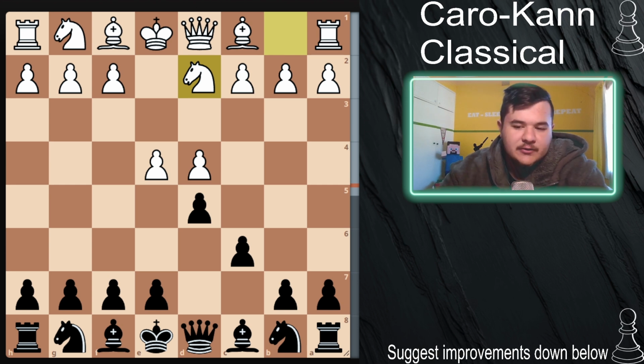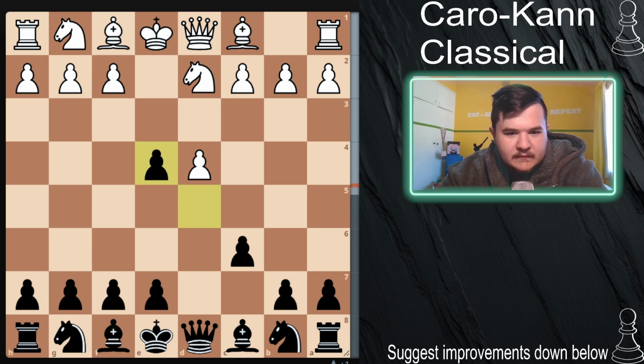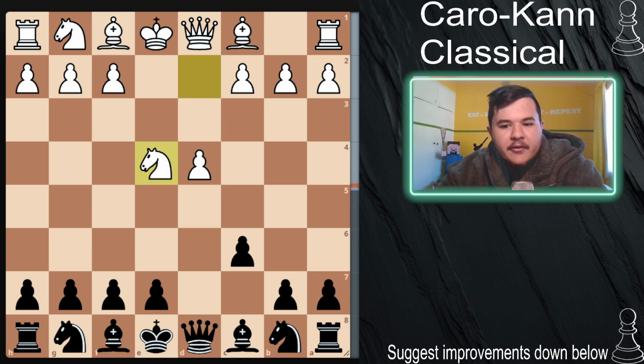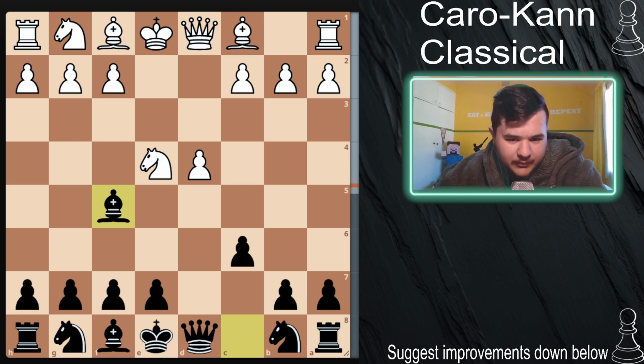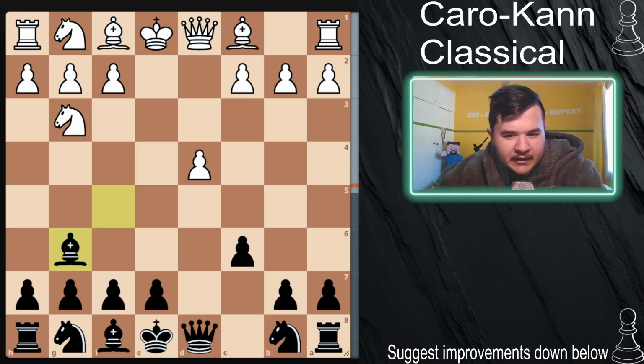Knight to d2 gets played, and then black takes the pawn in the center. White takes, and now there are a couple of moves. You've got the traditional main line with bishop to f5, targeting the knight. Knight goes to g3, and then the bishop retreats. And then here there are a few moves that get played. The minority go knight to f3 first, but the main line is h4,